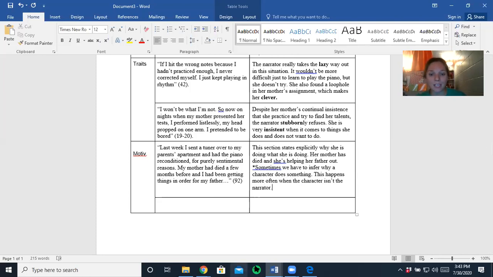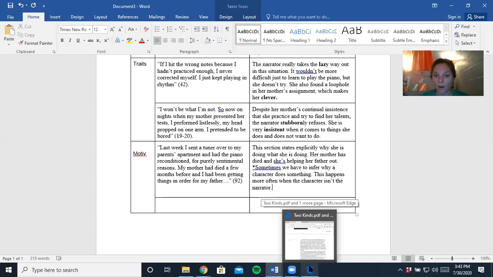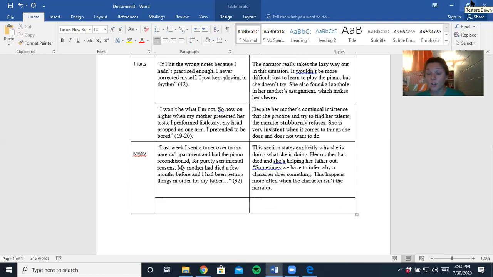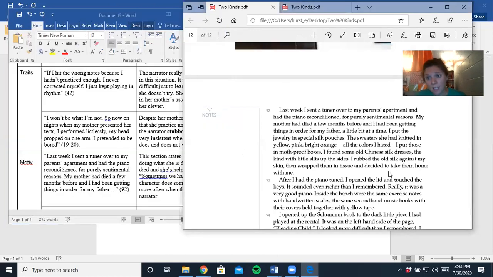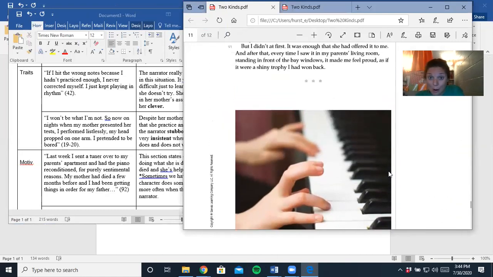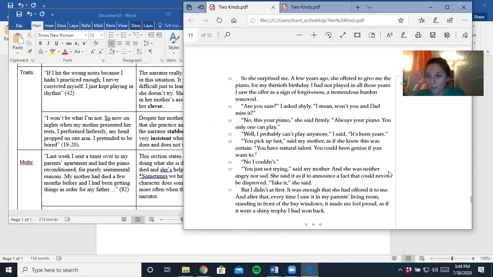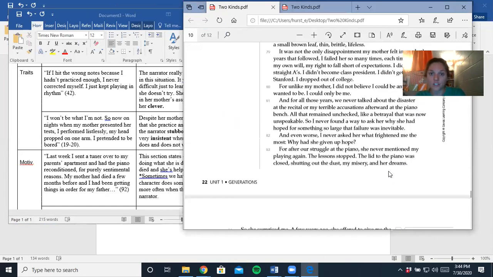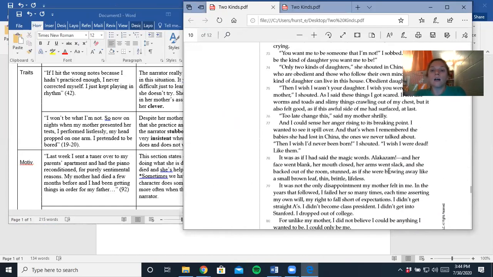So again, when I'm thinking about why the narrator does the things she does, I look for big shifts in behavior. When she does something really passionate or really shocking, why would she do that? So the first thing that came to my mind in this story is when she says the really hurtful thing to her mom. So this is after the piano recital, when she is like, I don't want to play piano